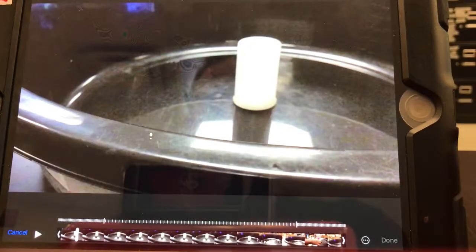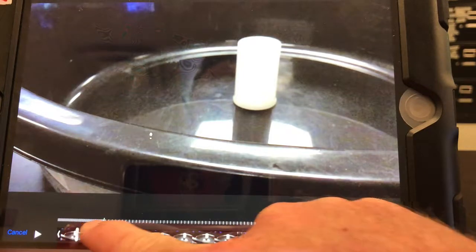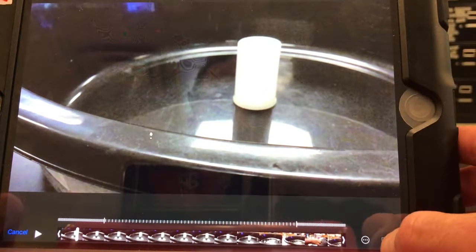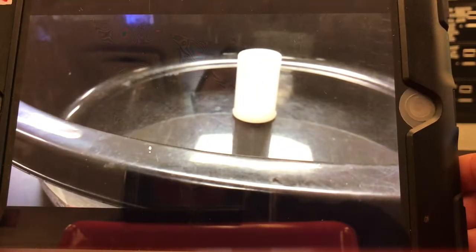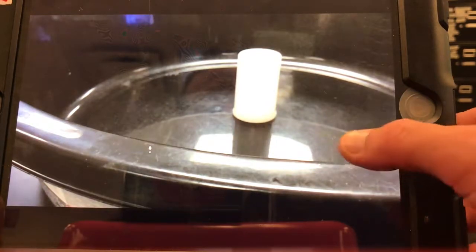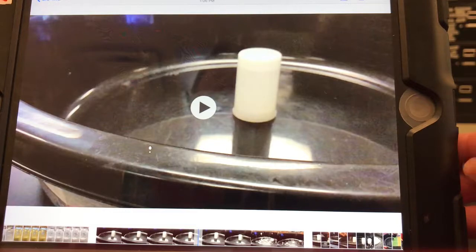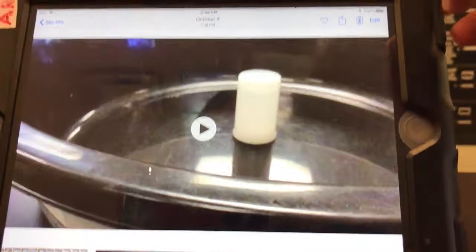And then you're going to see some interesting looking lines there. These lines determine the regular speed, which are the lines close together, and then the slow motion part. So, for example, in this one, it's a lot of waiting and waiting, and that's cool, but it takes up a lot of space and it's kind of boring. So instead of waiting for that whole time, I'm going to go to that edit button again,